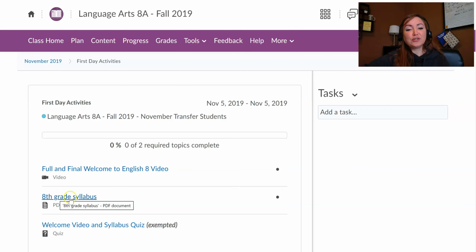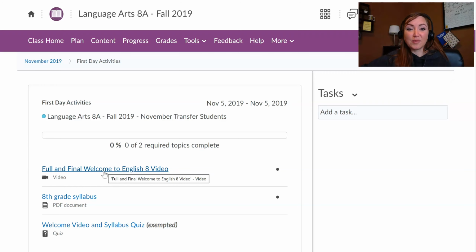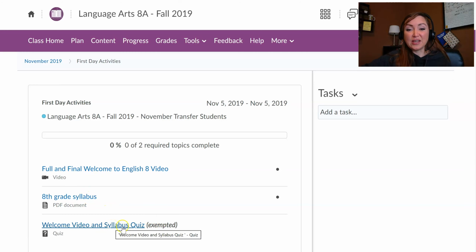And then I want you to go through and look at our syllabus. A syllabus is just a Word document that explains all of the things that you need to know for our class. Now, in a traditional lesson, and the video that you watch right here will show you how to go through a traditional lesson, you'll actually be taken directly to the assignment. But as you can see, this quiz was from the beginning of the year and you're exempted from this one. And the word exempt means you don't have to do it.